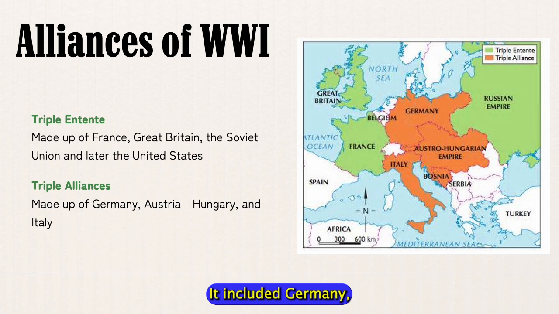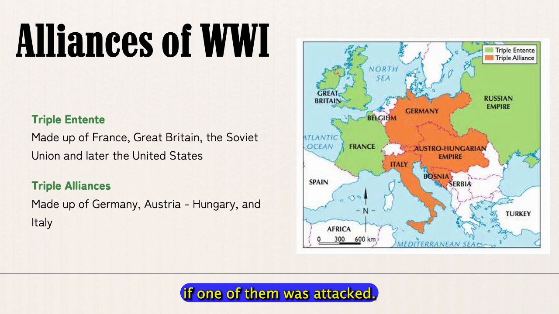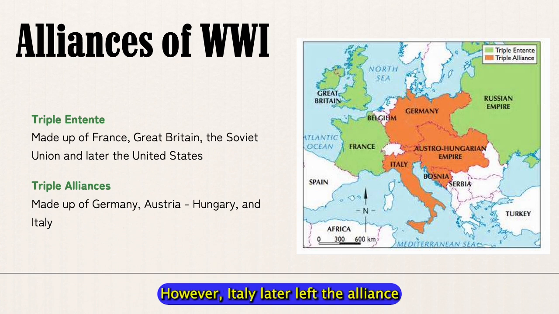It included Germany, Austria-Hungary, and Italy. These countries agreed to help each other if one of them was attacked. This alliance gave them a sense of security but also made them more confident in their actions, knowing they had support. However, Italy later left the alliance when World War I began, choosing to stay neutral at first